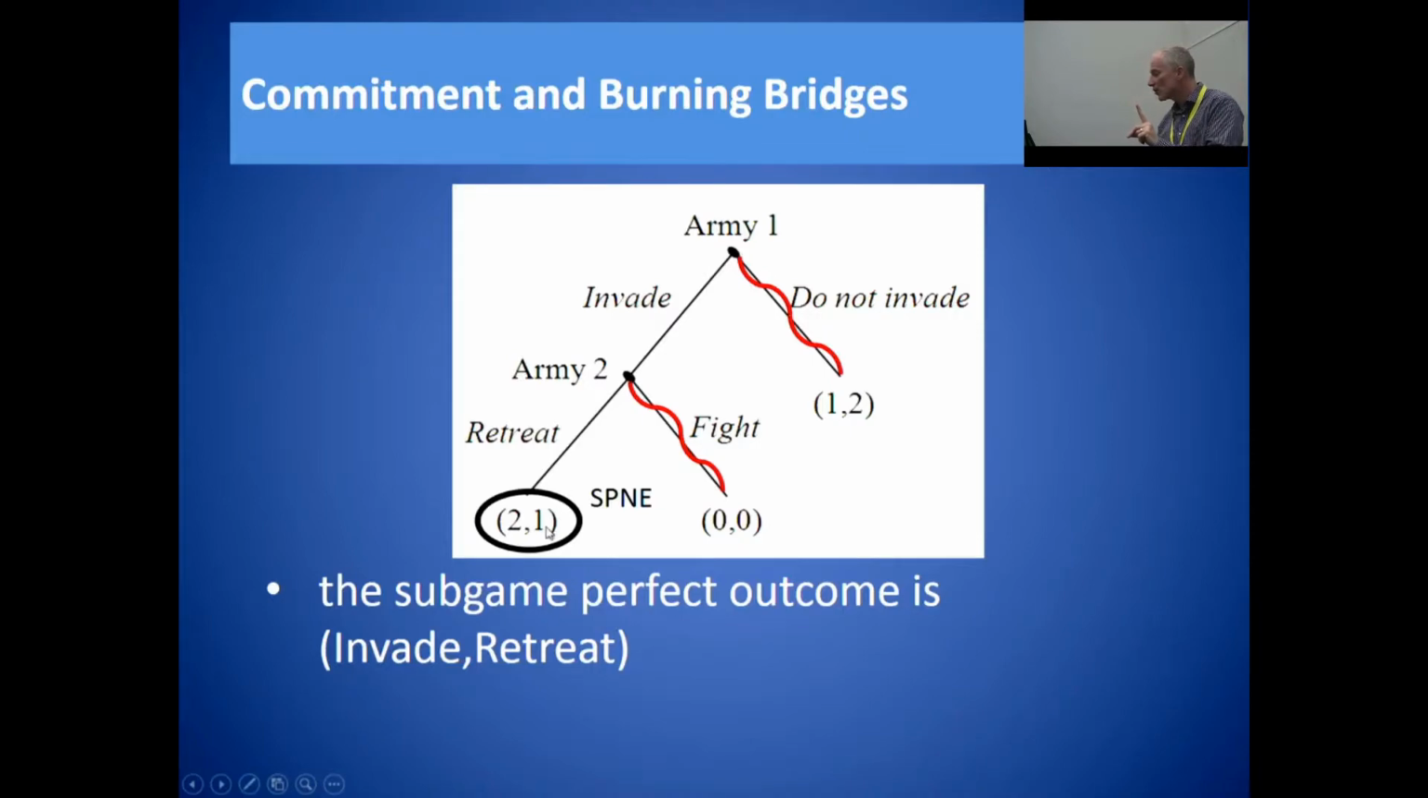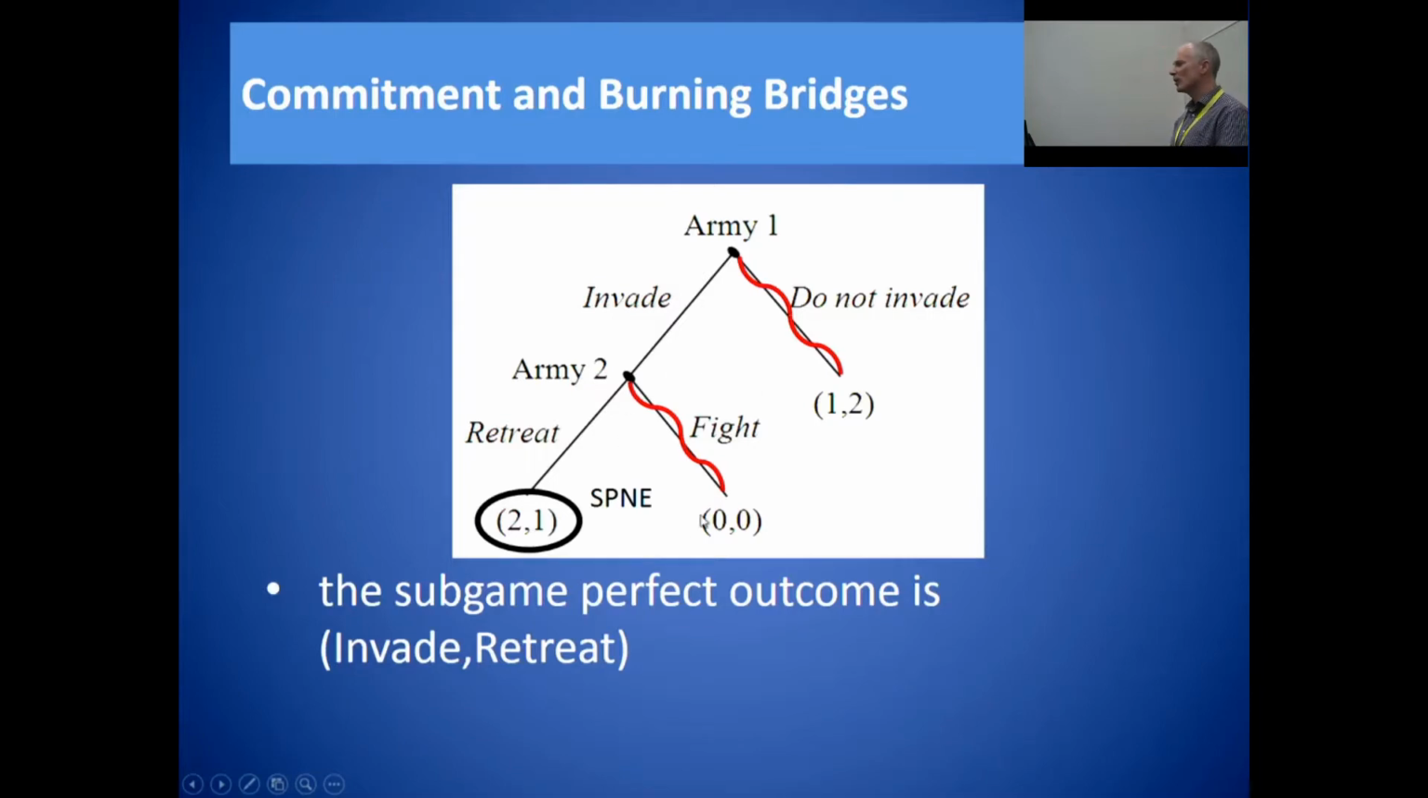Army 2 only gets a payoff of 1. If only Army 2 could convince Army 1 that it would fight the invasion, that if you come over this bridge, absolutely, I guarantee you we're going to fight. If you can make this threat credible, that commitment credible,